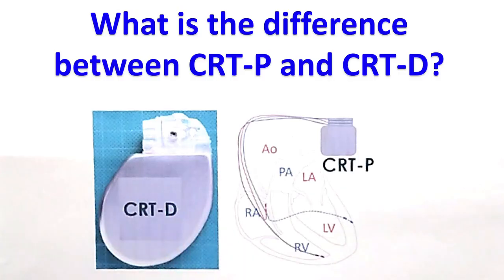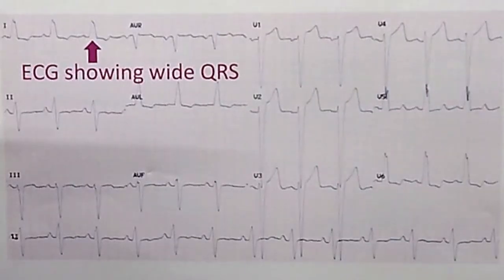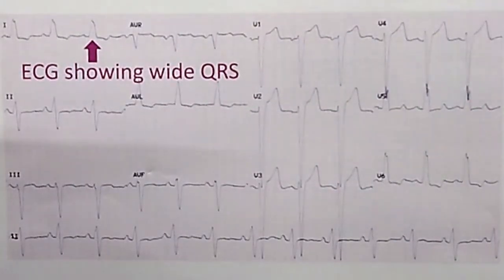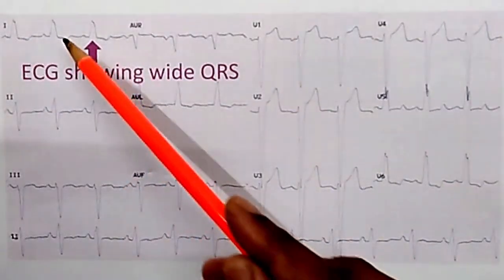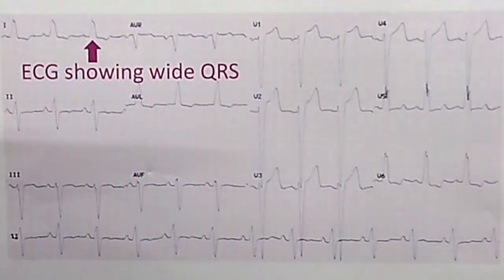This is a more advanced device, which is cardiac resynchronization therapy with a defibrillator. Most of the patients with heart failure are prone to arrhythmias and sudden cardiac death due to ventricular tachyarrhythmias. For managing that, an additional implantable cardioverter defibrillator, or ICD, is incorporated in this device, and the combo device is known as CRT-D. In heart failure with reduced ejection fraction and wide QRS with left bundle branch block pattern, there is